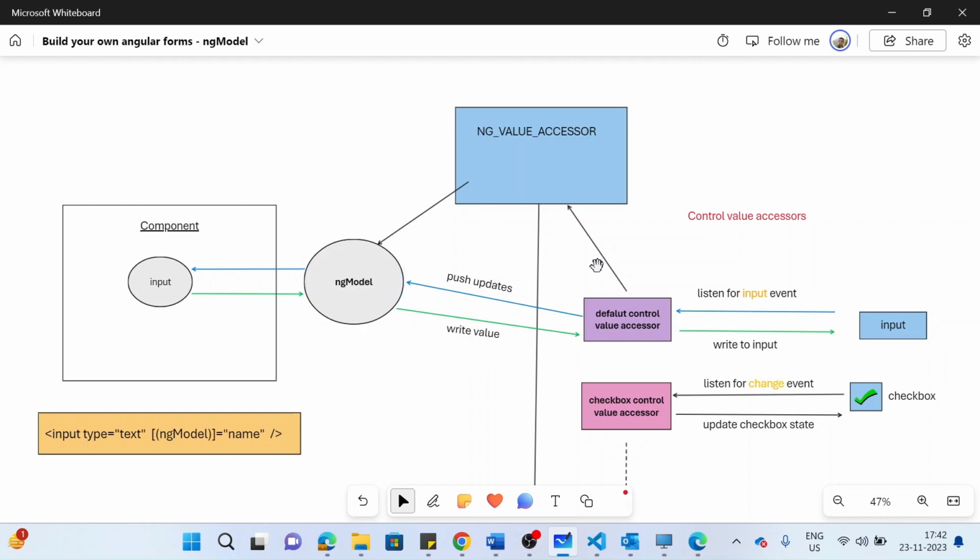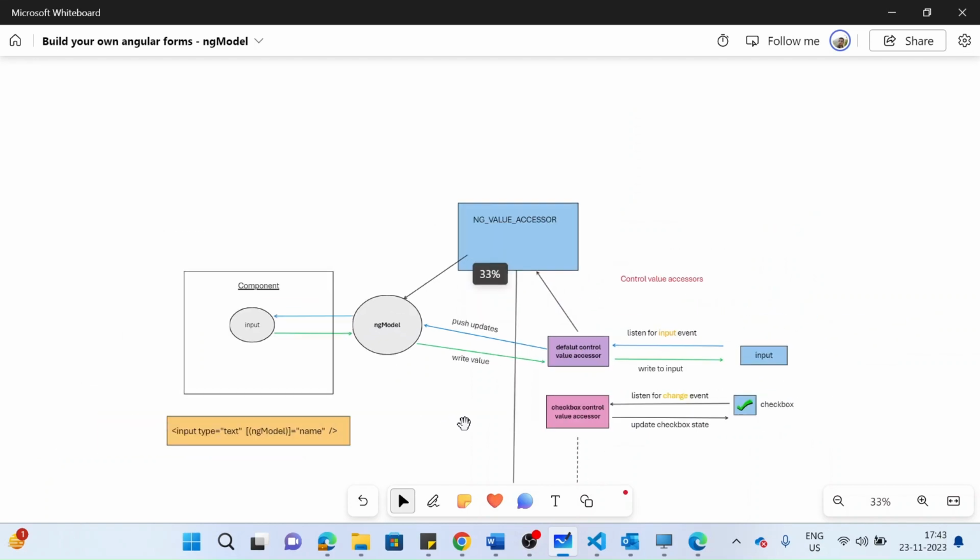Also, it can subscribe to the control value accessor, and through that subscription it can get the future updates from the host element, right? So this is the complete picture. I hope it brings good clarity, right? Likewise, this is the default control value accessor which gets created for simple inputs, and